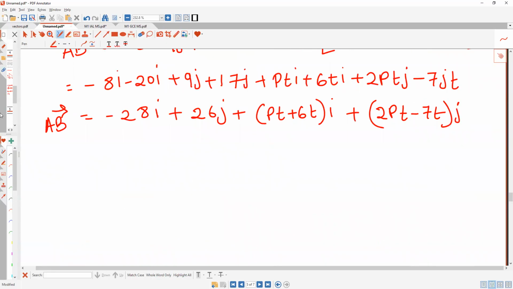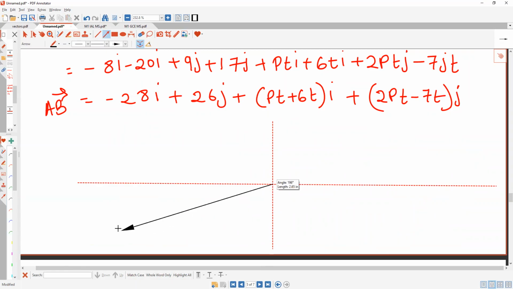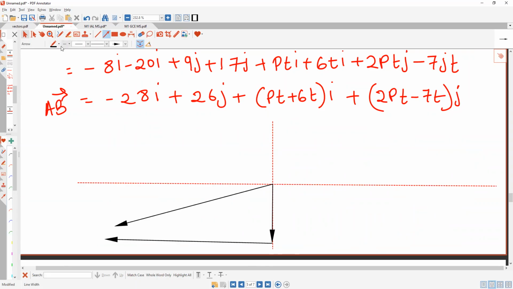So if it is southwest, let me draw that just like before to explain to you. You have this. They both are southwest. This is the starting point. This is where it is, southwest. It will have a vertical component and it will have a horizontal component as well. So what is the vertical component? The J component is 26 plus